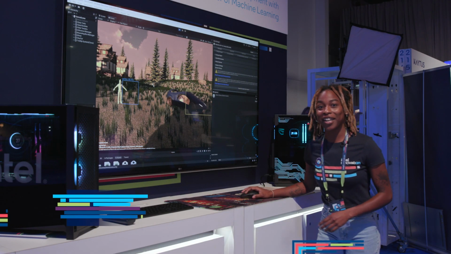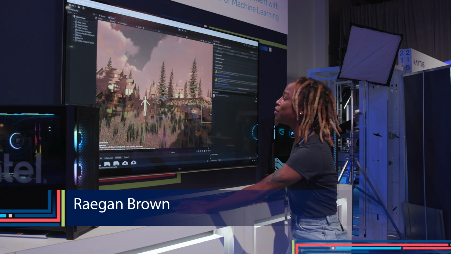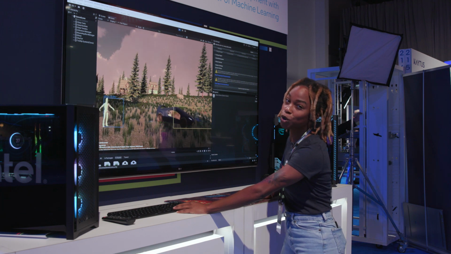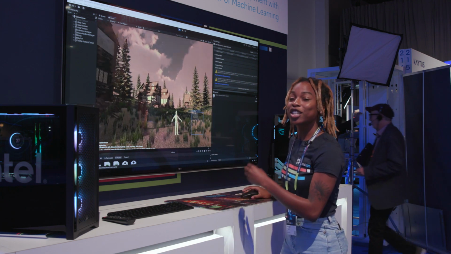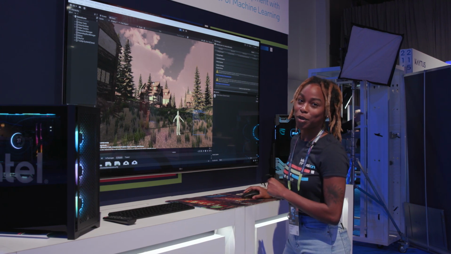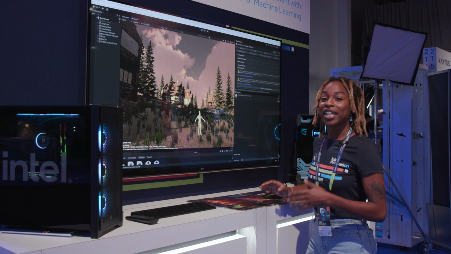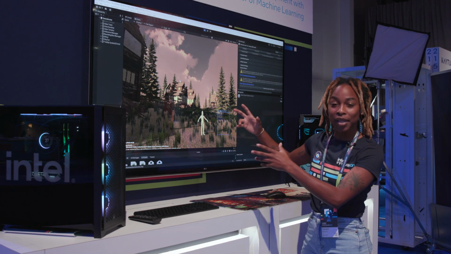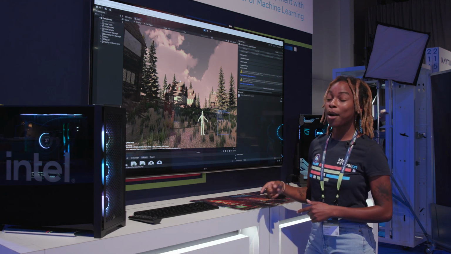Hello everybody, my name is Reagan Brown and I'm here to show you our Intel AI Game Development Toolkit and software collaboration with Procedural Worlds, a world generation system called Gaia that integrates seamlessly with our AI development toolkit. And so what we're doing is we're lowering the barrier of entry for game developers to not only get their chance to create beautiful and complex game worlds, but also gives them their first steps into AI programming in a